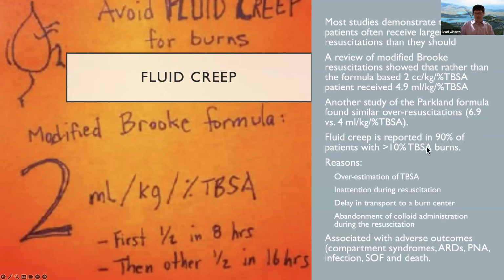So some of the reasons that come out of the literature: overestimation of the TBSA. Instead of, we think the patient's got a 75% burn when in fact they've only got a 60% burn. So you have to be careful about the TBSA estimation. And while we get that estimate during our initial survey, it is always good to reassess it as you are moving through the first 24 hours of resuscitation. Re-examine the patient and determine: was that number accurate? Is it too high or is it too low? Okay. Overestimation is not an uncommon problem. Inattention during resuscitation. This resuscitation is a 24-hour activity. So that means it has to go all through the night.